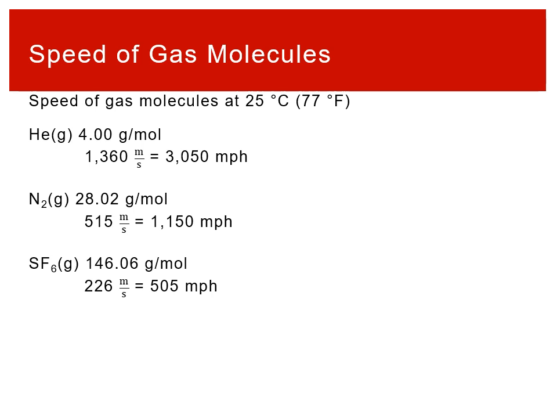So we can look at the effects of this. At room temperature, so 25 degrees Celsius, that's 77 Fahrenheit. So helium gas, when we say it has a low mass, we can measure that using the molar mass. So helium, its speed is about just over 1,000 meters per second. It's the same as 3,000 miles per hour. Nitrogen gas is going just over 1,000 miles an hour. Sulfur hexafluoride, so this would be a pretty heavy as far as gas molecules go. It's at about 500 miles per hour.